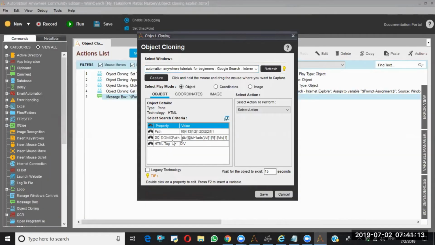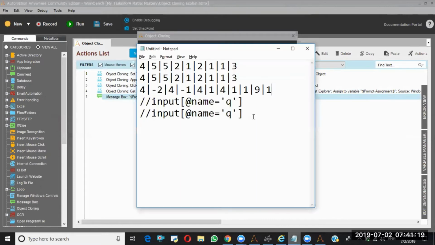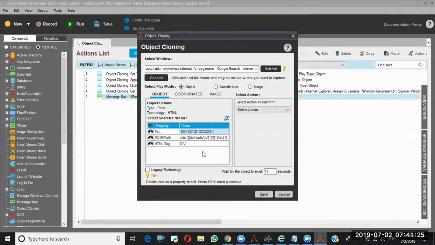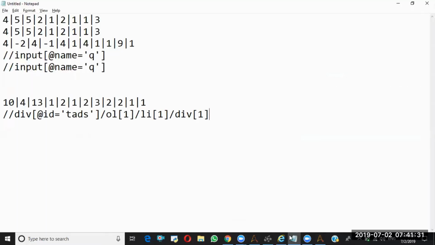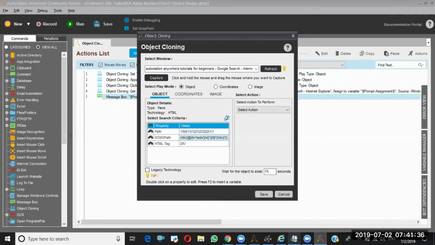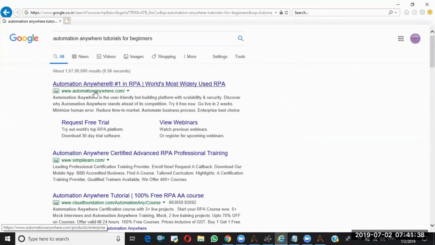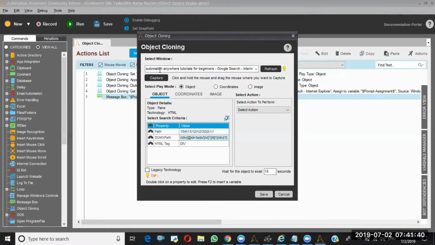Okay, so I'm taking this path, I'm pasting here, and I am taking the second one, the DOM XPath, and I'm pasting here. So this is the first element on this particular screen. So now I'm going to capture the second element.